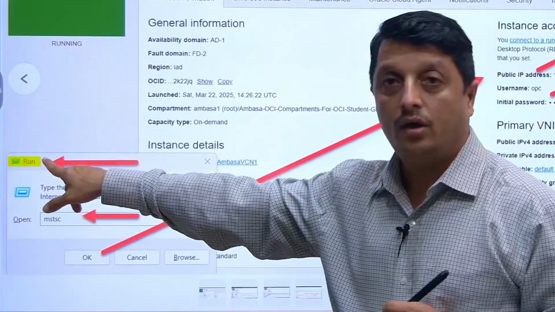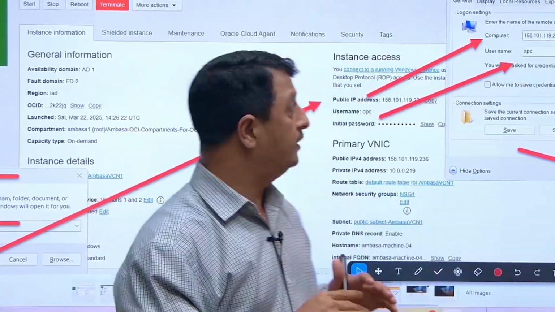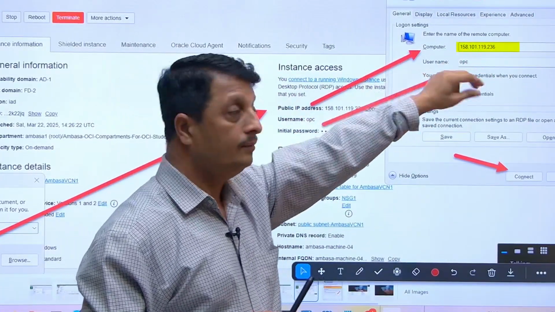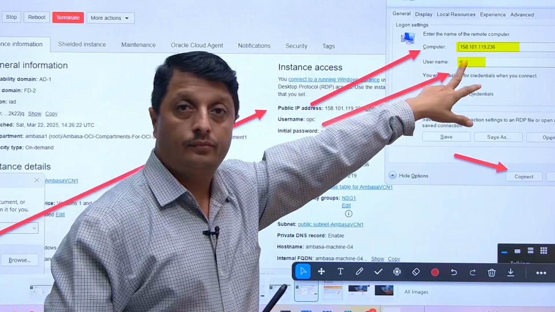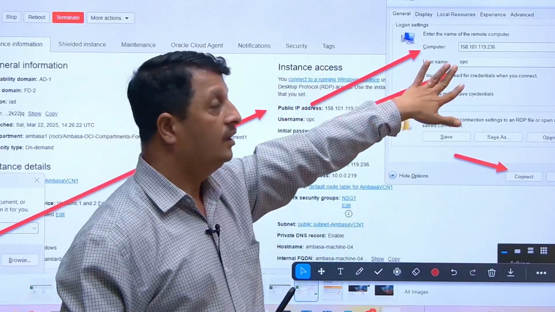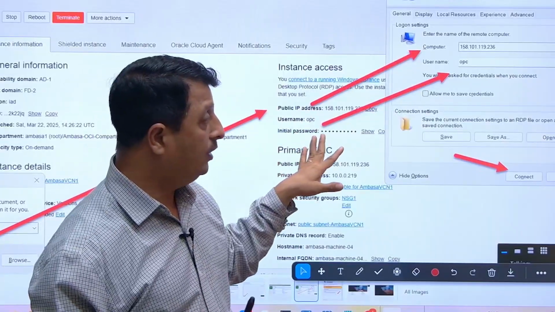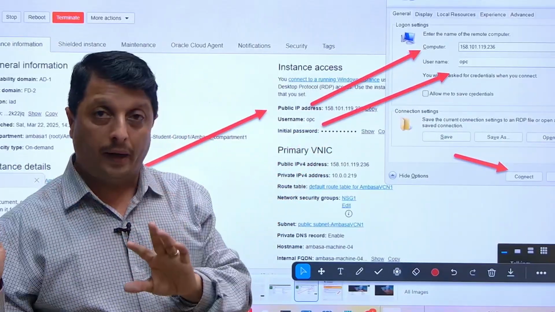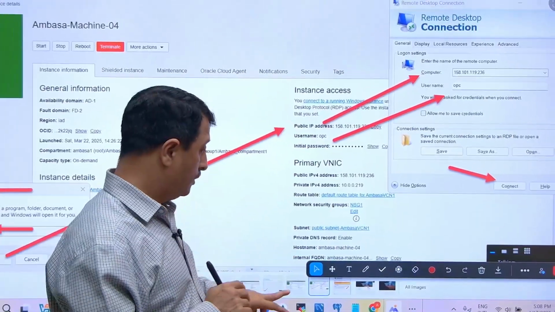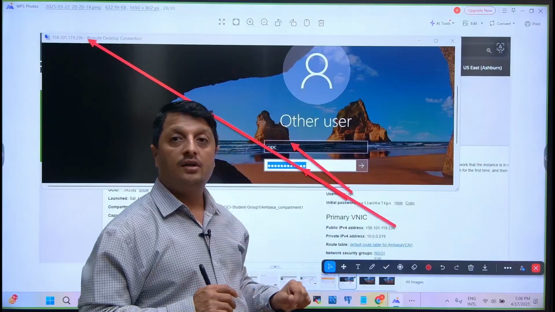So I'll go to the Run block, type MSTSC and say okay. If this is already opened, you can just copy the public IP, the OS username, OPC, which is short for Oracle Public Cloud, and the initial password. I'll copy that initial password into Notepad, but it will not be allowed to copy and paste, so you have to type it. Once you are ready to connect, say yes, please proceed, and give the